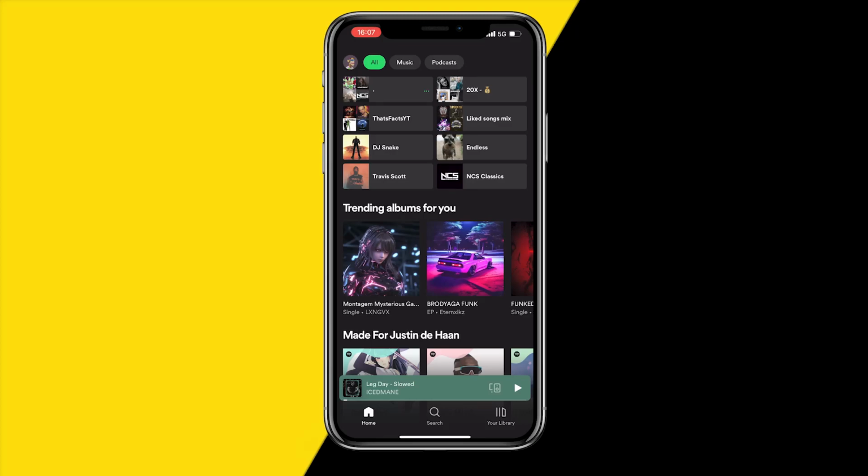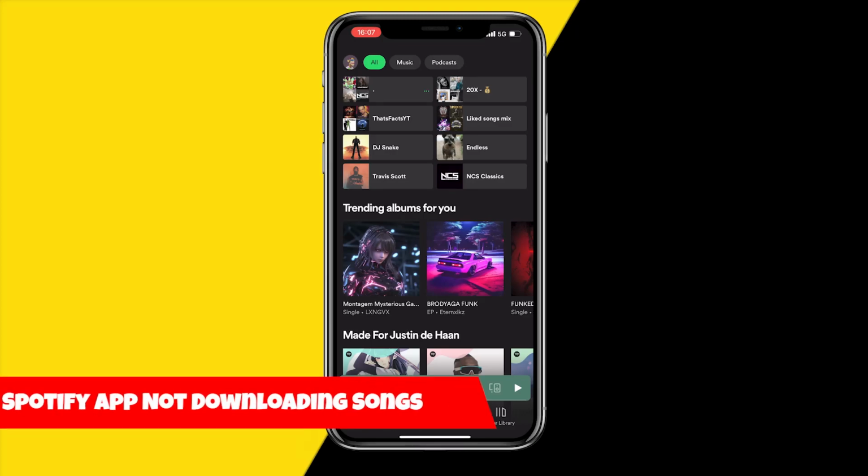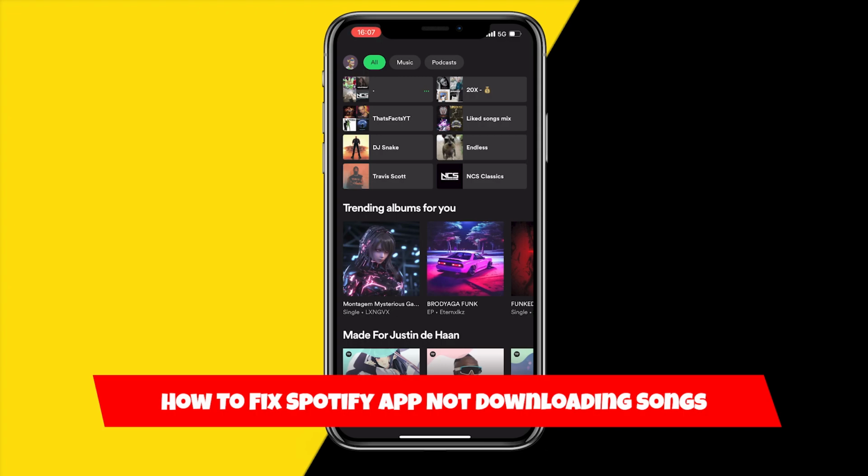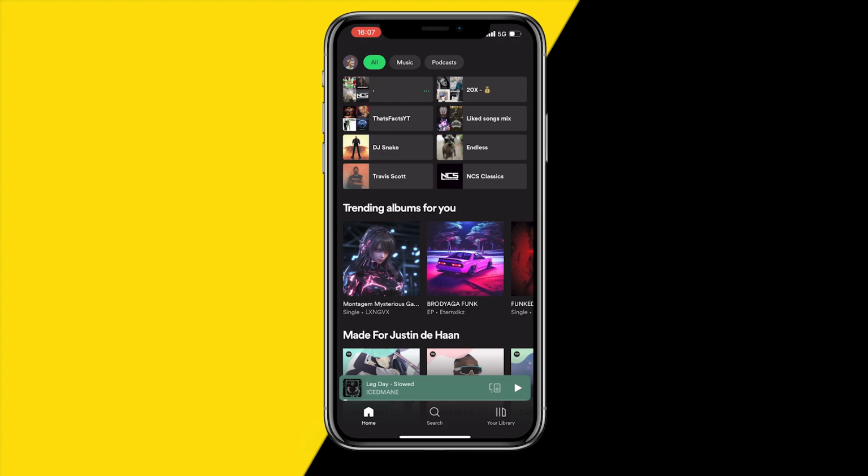Hello everyone, welcome to this video, and in this video I'm going to show you how you can fix Spotify app not downloading songs. So when you're trying to download songs over on Spotify and it's not working, there's basically only one reason for why this is happening, and in this video I'm going to show you how you can